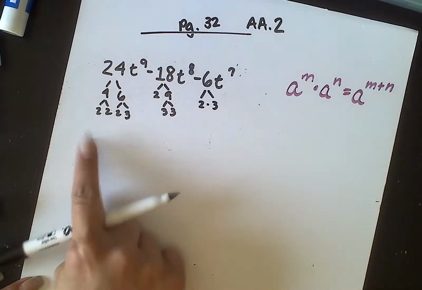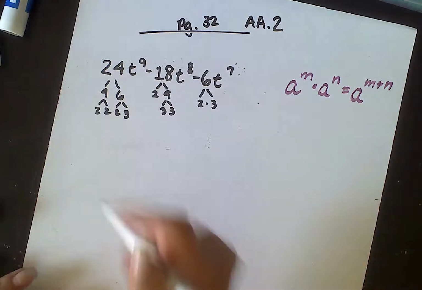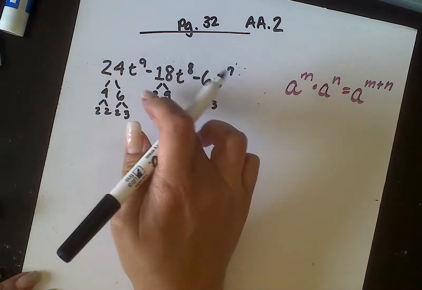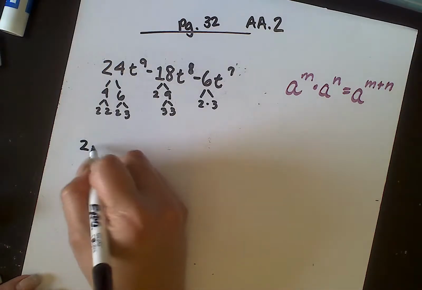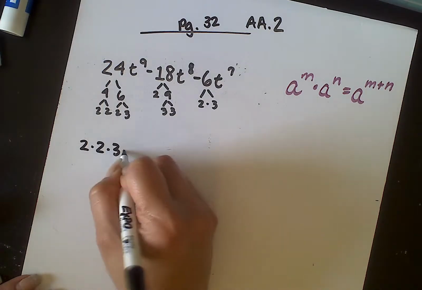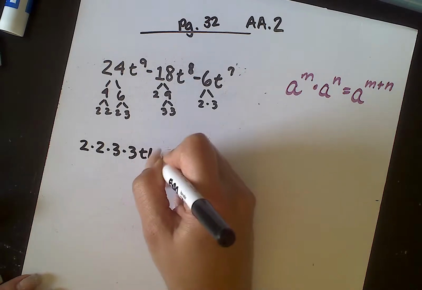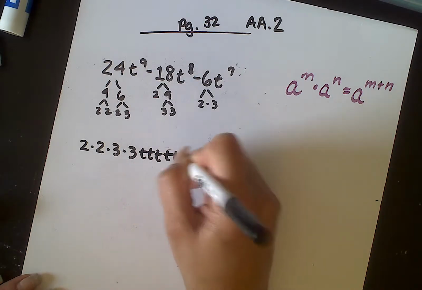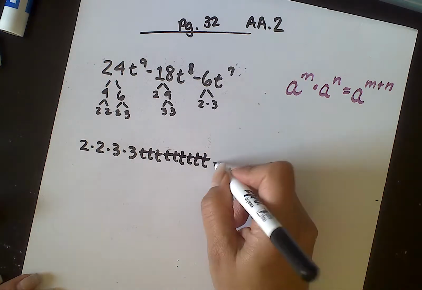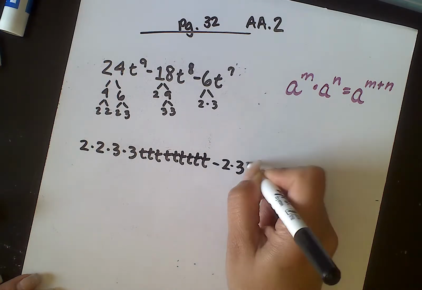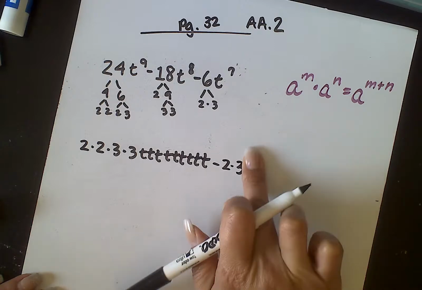Okay, now I'm going to expand it all, but it is good to know what my prime factorization is. So 2 times 2 times 2 times 3, and then t nine times. Oh God, this is awful. Minus 2 times 3 times 3,